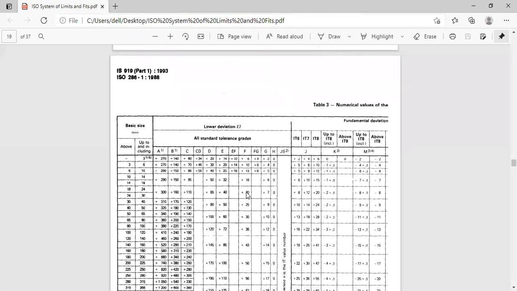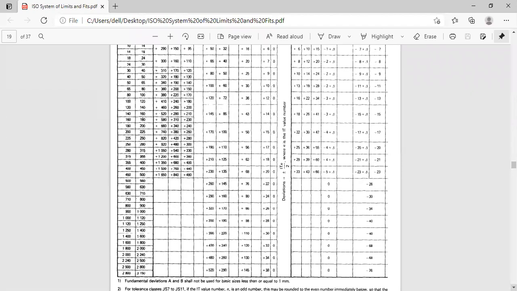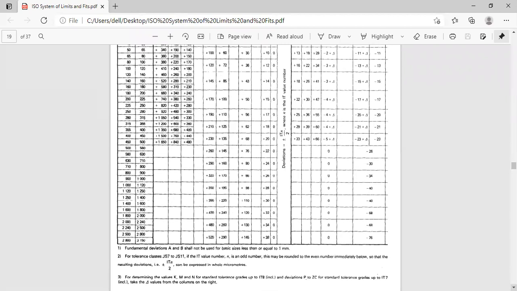These tables are very important. That is the fundamental deviation tables, both the lower deviation and upper deviation tables, both for the holes and shafts. That's why I want to show this. Actually, I want to show this before the problems. I cannot get this. That's why again I'm repeating this particular part. Not repeating, actually, just going for fresh.